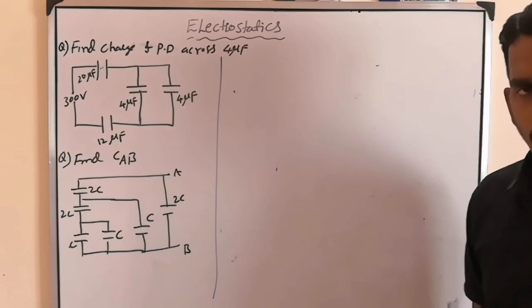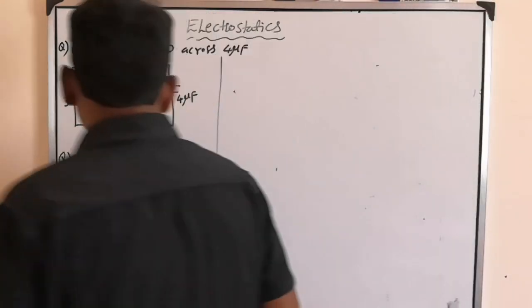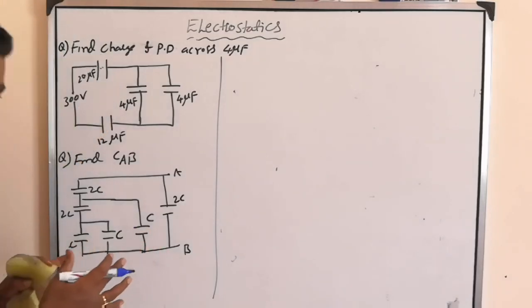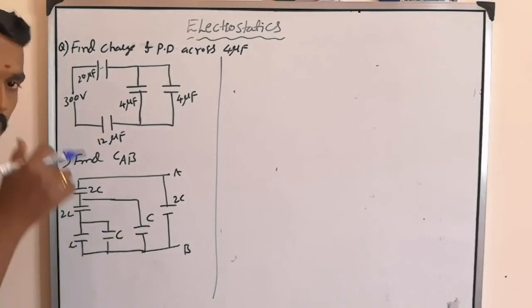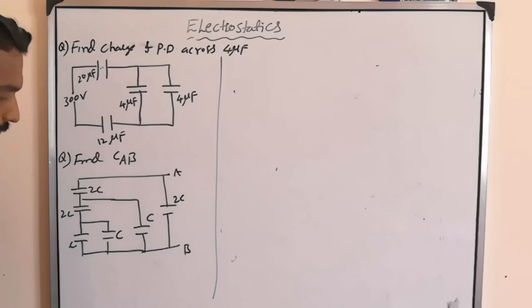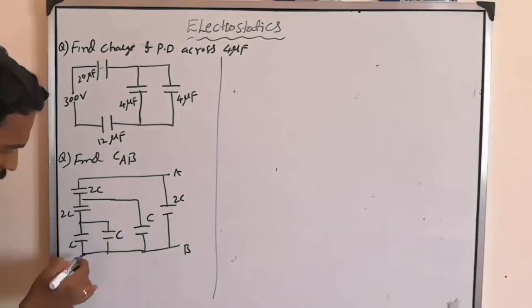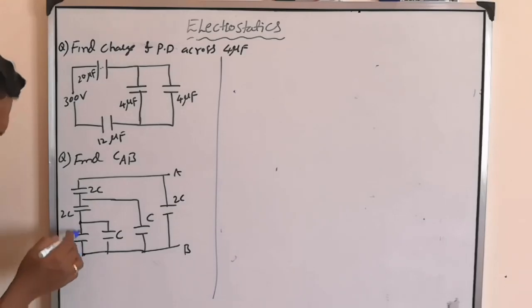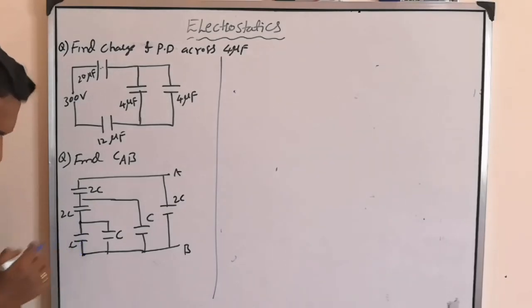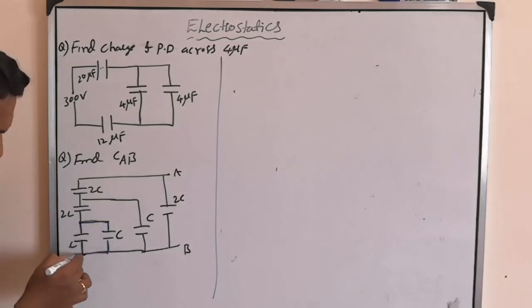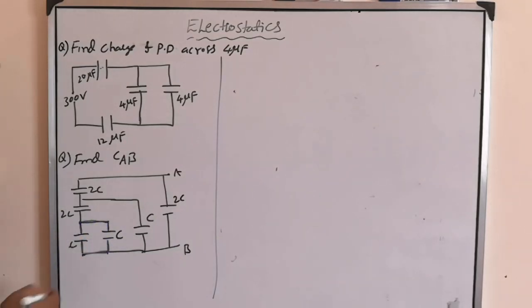So when you want to solve such questions, take it step by step. Look at the diagram and understand which two are in series or parallel. Like here, you take these 2 points. Between these 2 points, one capacitor is connected, and this one is also connected to the same points. So no other element is connected between them.